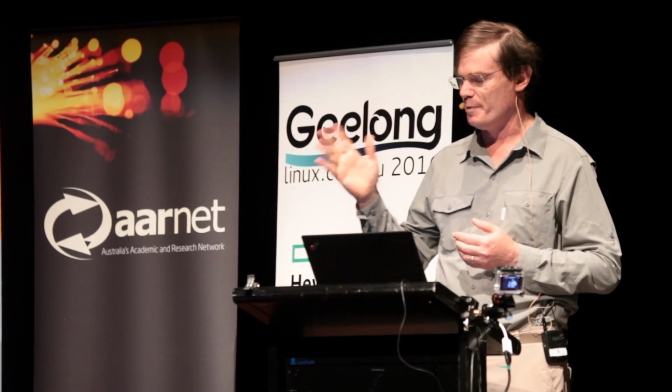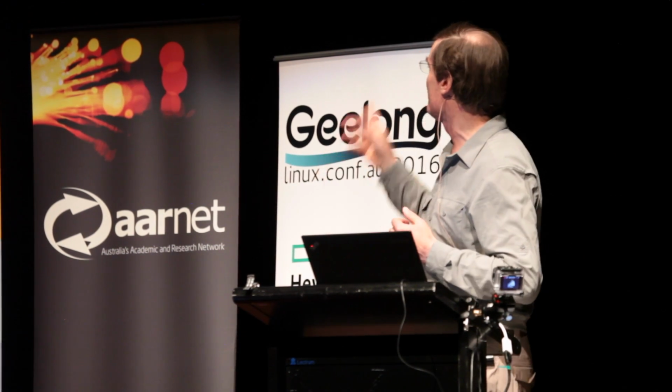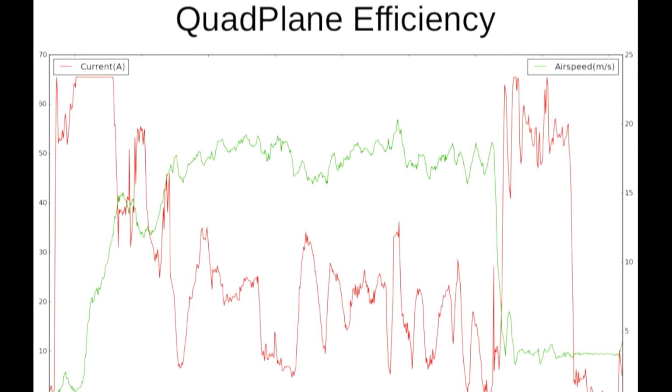Quad planes are somewhat difficult to scale, but first of all, I want to talk a bit about why quad planes make sense, and that's really summarised by this graph. And this is a graph from a real flight of that quad plane, the top one on the previous slide, which was the electric foam quad plane. And you can see here there's 2 lines. There's the red line, which is the current in amps. This is an electric quad plane, pure electric, so one battery is supplying both the forward motor and the vertical motors. And then the green line is the airspeed. So at low airspeed, it's hovering, and at higher airspeeds, it's in forward flight.